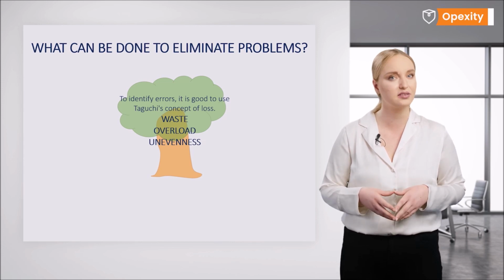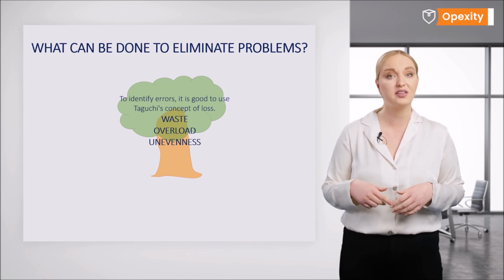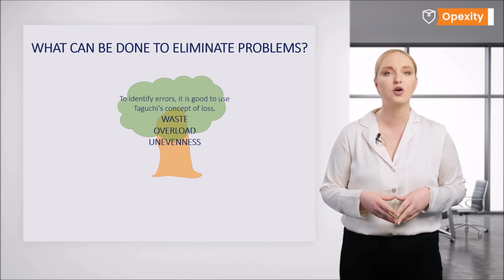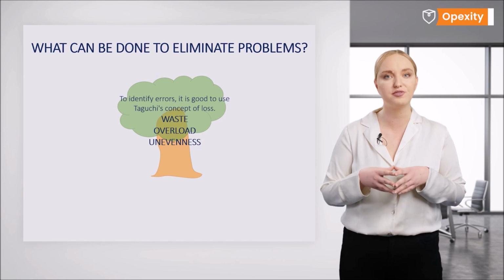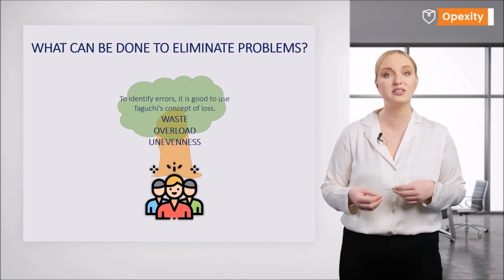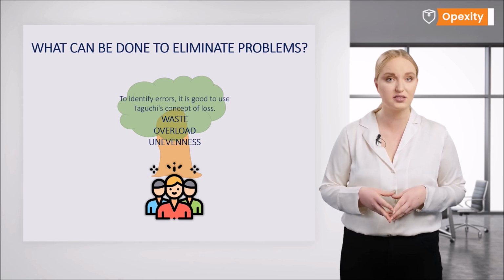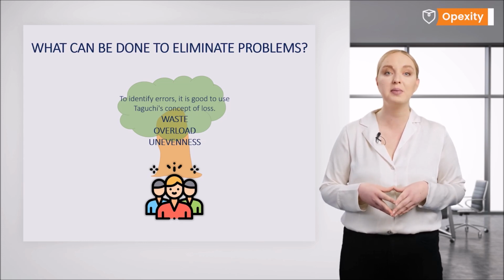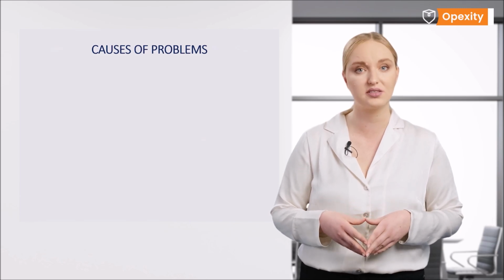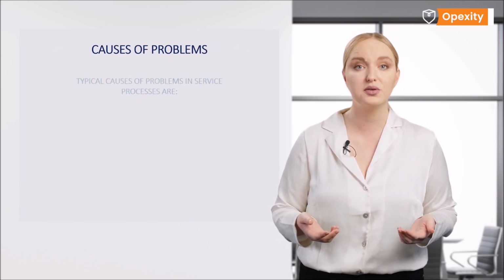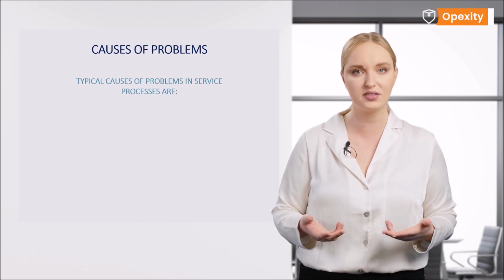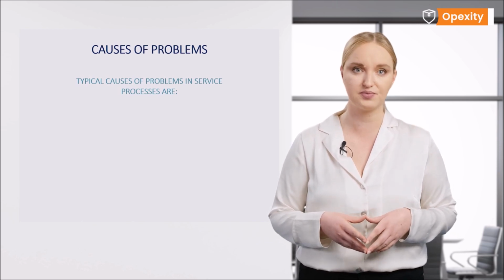You remember, right? Waste, overload, the unevenness, the 3 horsemen of the lean apocalypse. Remember, root cause search is effective if you involve the right group of people. The group should be multidisciplinary, know the process, and have someone in their ranks who can make decisions. Working with administrative and office processes can be complicated, so let me share my experience and give you a hint where to look for causes of the current state of affairs.